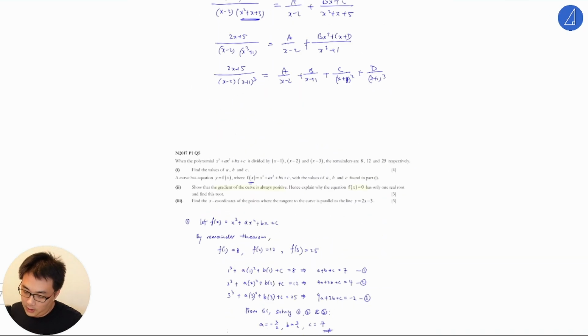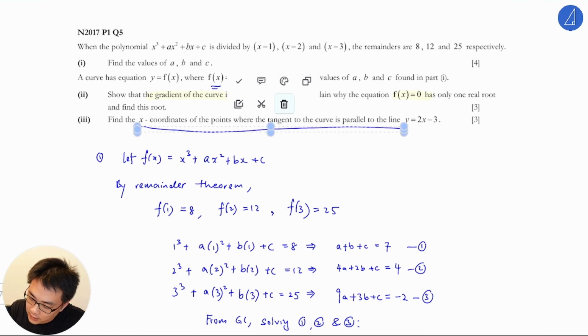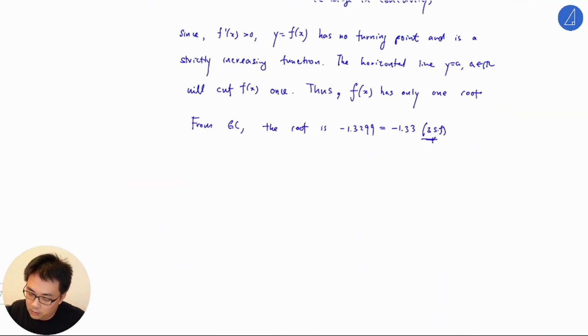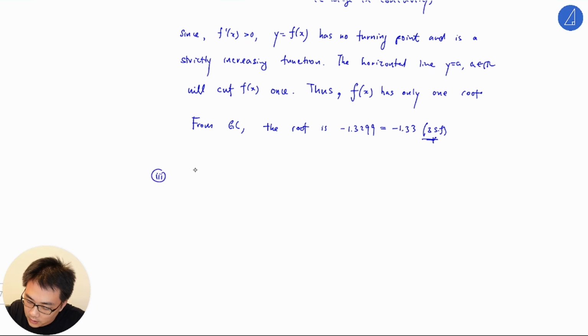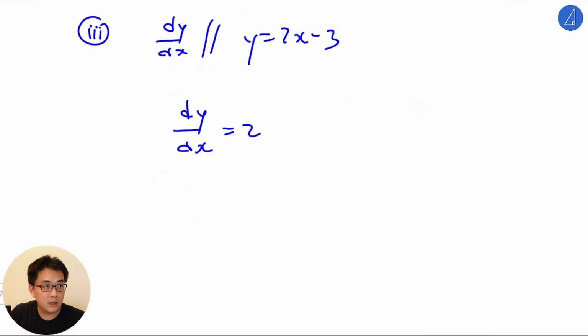The last one would be the x coordinate of the points where the tangent of the curve is parallel to y = 2x minus 3. Shouldn't be an issue. For part 3, you want the tangent parallel to y = 2x minus 3, so we need dy/dx equals 2. This is just a secondary school question, exactly like A math. Nothing fancy there. The dy/dx we found just now,